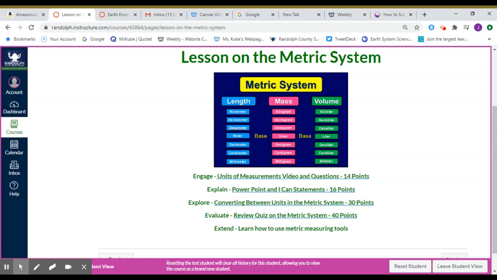Okay, so engage will always be like a short activity just to get us started in the unit, an opener for it. And then explain will be like the PowerPoint and I can statements. And explore will be where you're actually doing something, where you're practicing those concepts that were explained in the PowerPoint. And evaluate, you'll always take a review quiz each day, and